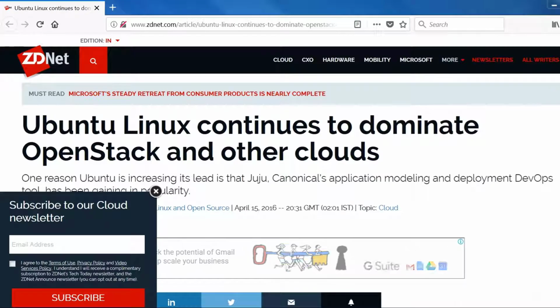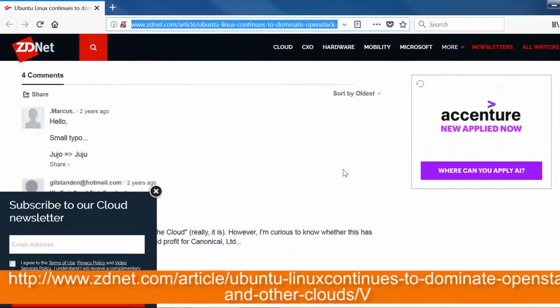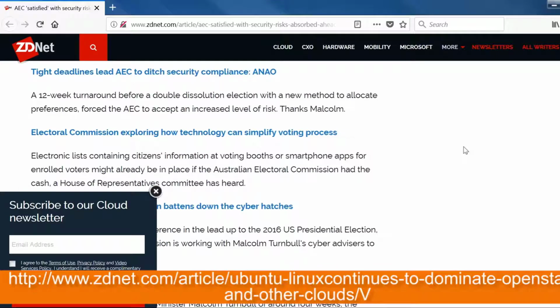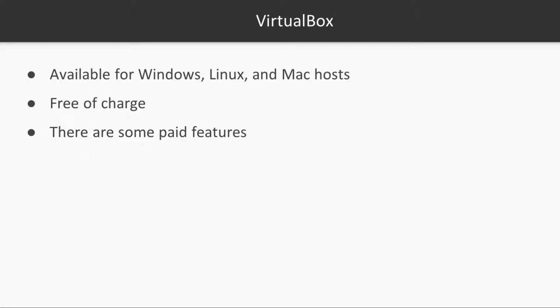Ubuntu Server is the most widely used Linux distribution for deploying cloud-based applications. See here for details. There are several different virtualization platforms that you can use, but my own preferred choice is VirtualBox. VirtualBox is available for Windows, Linux and Mac hosts, and is free of charge for all of them. It has features that you have to pay for on other platforms, such as the ability to create snapshots of